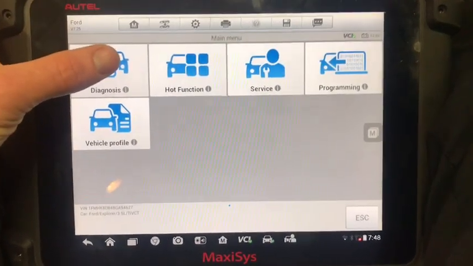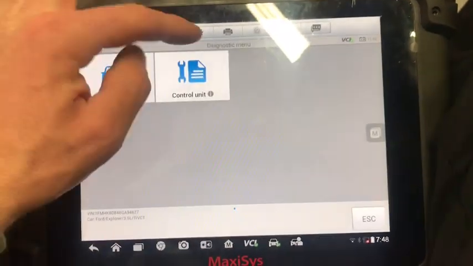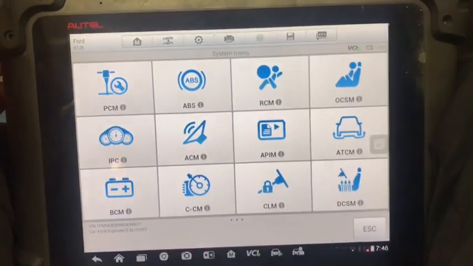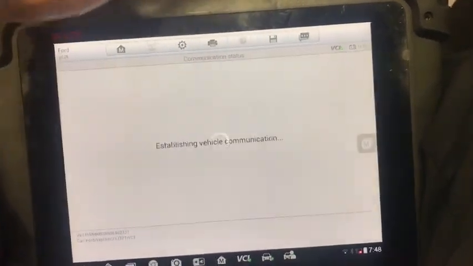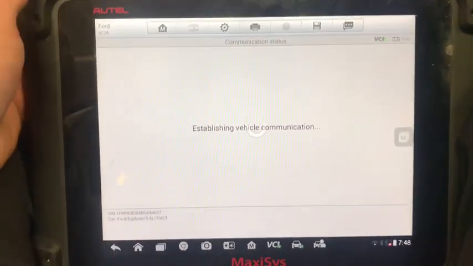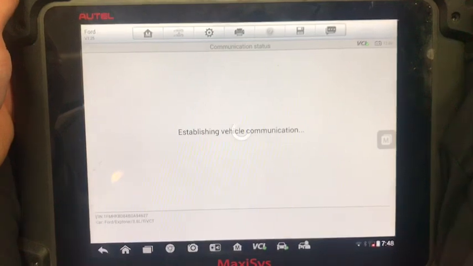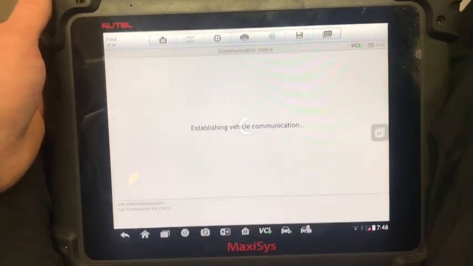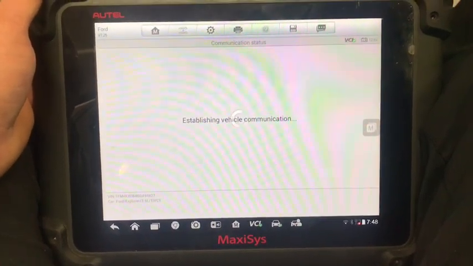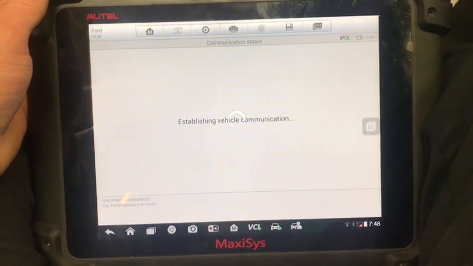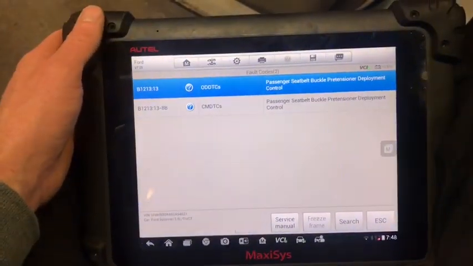Hey, there we go. So we're going to go diagnosis. We're going to pick our control module, which is our restraint control module. And let's see what we got for codes. Dash doesn't like all that communication. Alright,